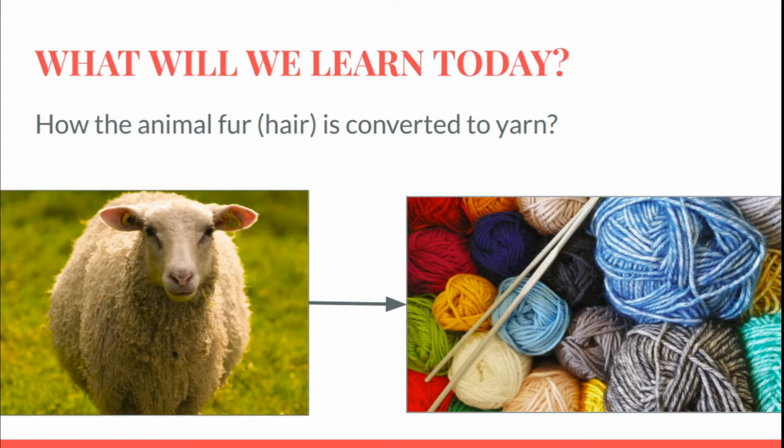Before we look at how this process is done, you must know that there are four different kinds of fibers which are available to us. The first one is the fibers which you get from the plants, for example cotton. The second is the fibers which you get from the animals, for example wool and silk. Next is the synthetic fibers which are created by man through some chemical process. And the last one is the hybrid fibers where the synthetic and the natural fibers are mixed together to create the fabric, right?